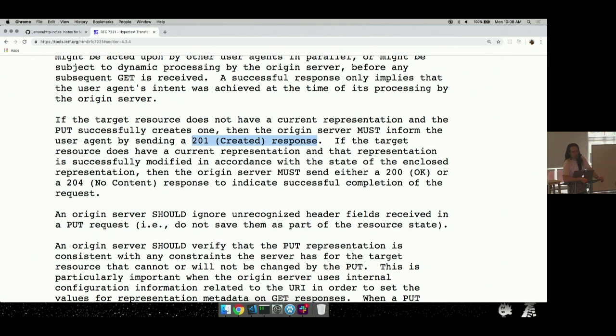I guess, how does the tool know that that thing existed before? I guess it could probably try and figure that out and then make the request to figure out whether or not it changed the thing. So does the tool go and check to see if there's already a representation for this thing, and then do a PUT request on it and figure out whether or not it got a 201 or a 200 back? Maybe you could do something like that, but